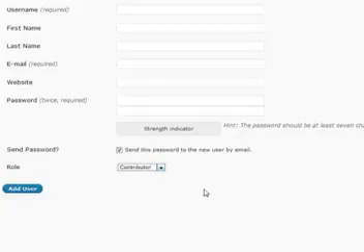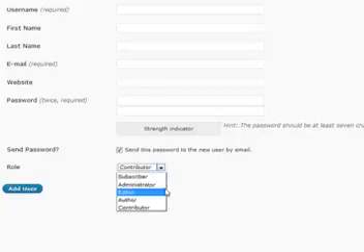A contributor is only going to be able to edit current posts and delete unpublished posts and very, very basic things. Basically, he's going to be able to help maintain some of the content but can't add any of his own. The author will be able to do all of that of contributor and subscriber, but also be able to